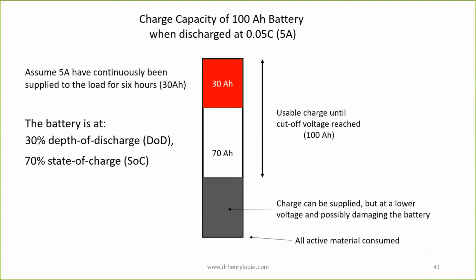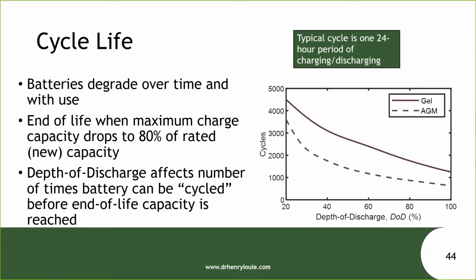Now, again, we could continue discharging our battery if we wanted to get more than 100 amp hours out of it. But once we do that, we operate there in that gray zone in the picture here. And once we're in that area, we risk damaging the battery. And if we go even further, we can actually get to the point where the battery is completely dead. There's no voltage or very small voltage, and the battery's probably been destroyed or its lifespan shortened.